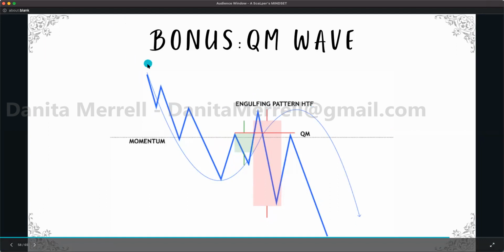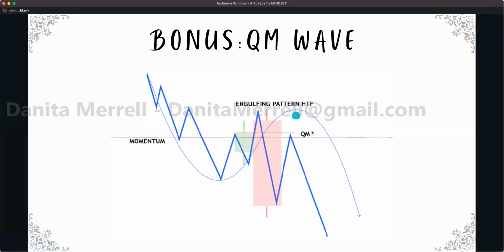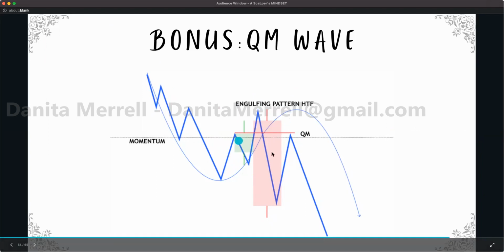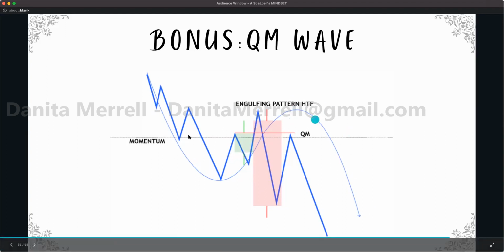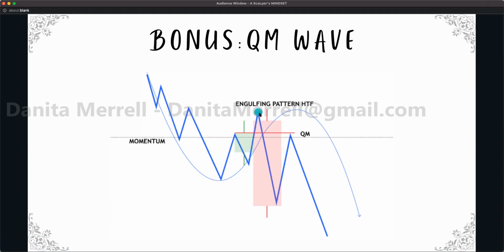Okay, this is one of my favorite setups, especially with NAS, because this happens quite often, as you'll see the trend forming, and price just makes a little blip, which is a continuation of the wave, and you'll see it coming down and then retest and then drop. Okay, so you can see that this candle is our higher time frame engulfing pattern right here. We have our wave formation, we have momentum coming to the downside, and then a short blip, and then a